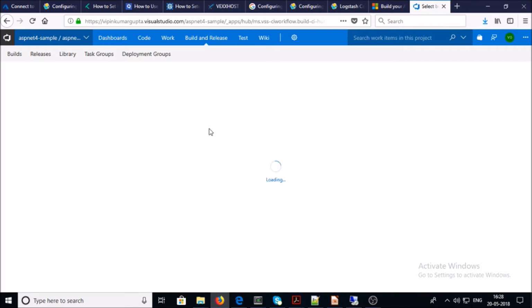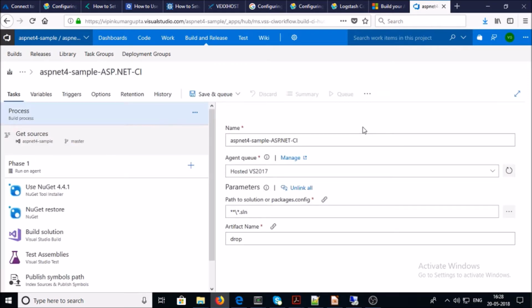So I select this template as a default template. You can leave this information like this, because this is coming from the templates. And